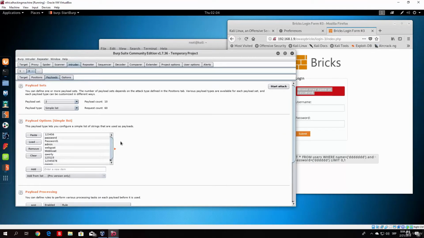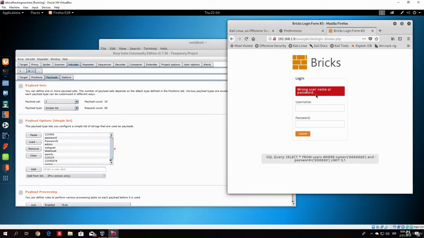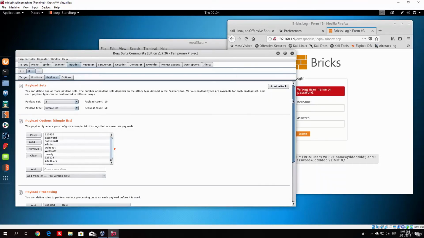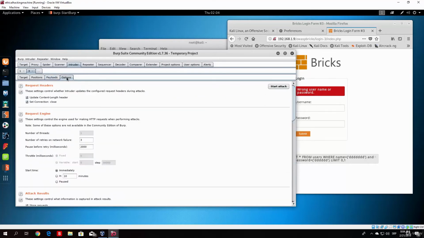Now after you do that, you want to select one more thing, which is we want to add to Burpsuite the string that it should search for in the packets, since we know that this string will only be prompted once the username or password is wrong. So let me just find where that option is. Just go here on the options,